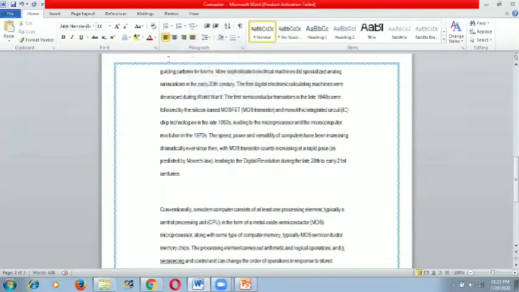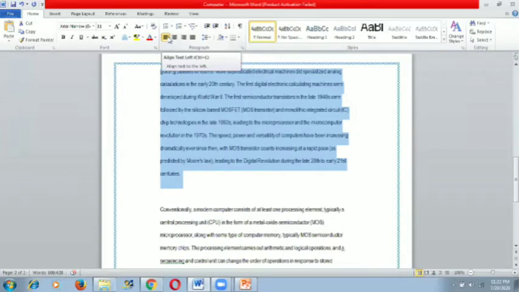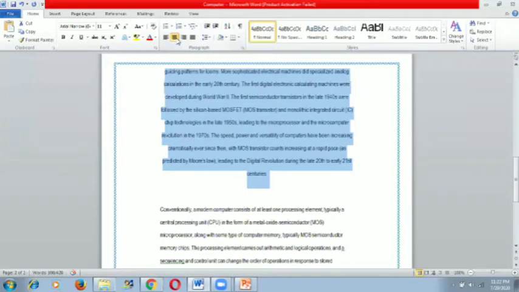So suppose you want to set the alignment of the text to the center. First of all, choose the text and then click on the alignment you want to set. The default alignment of MS Word is left. So basically now it is a left alignment. Now you want to change it to a center alignment. So when you click on the center alignment, you can see that your text is evenly distributed in the center